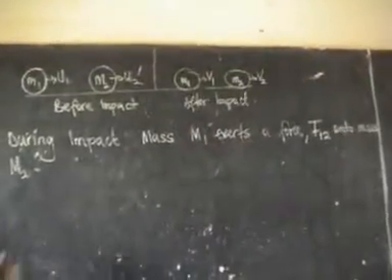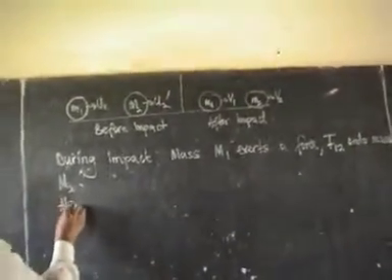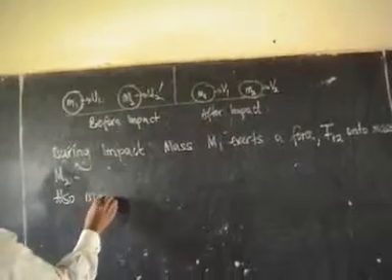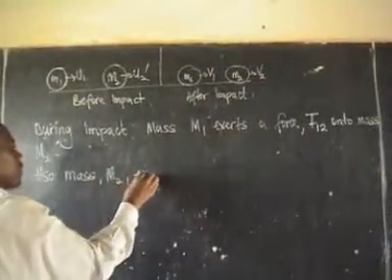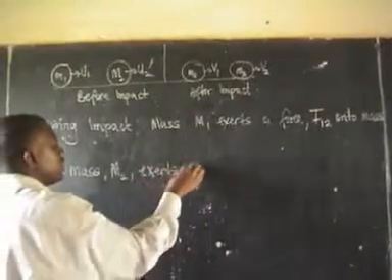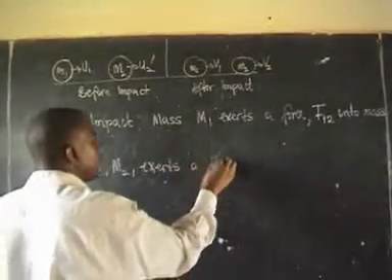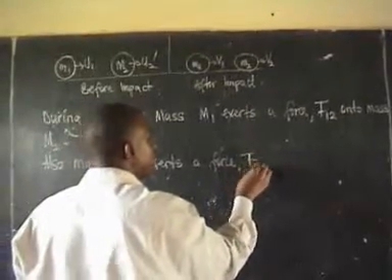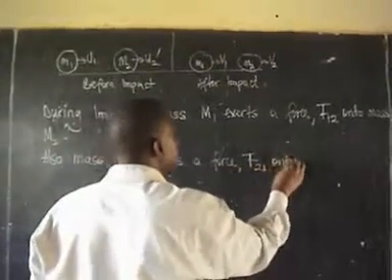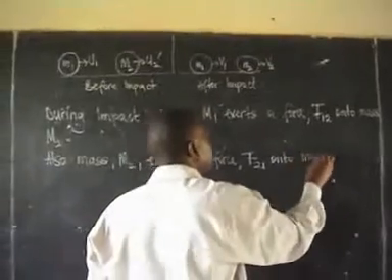Also, mass M2 exerts a force which I'm going to call F21 onto mass